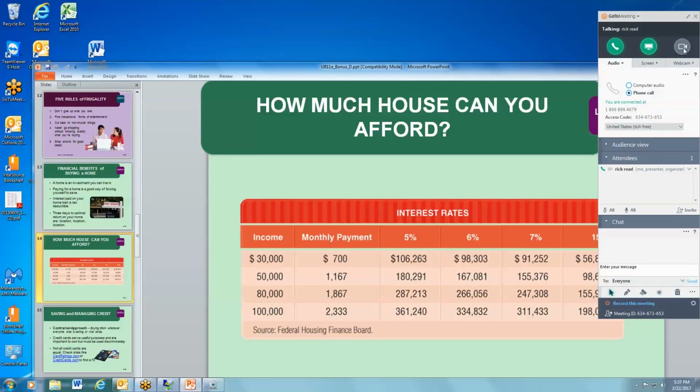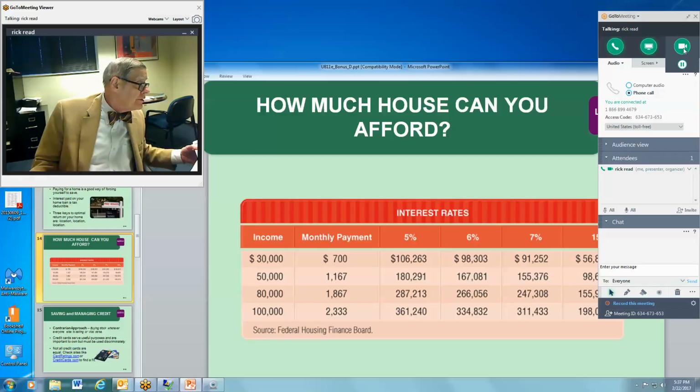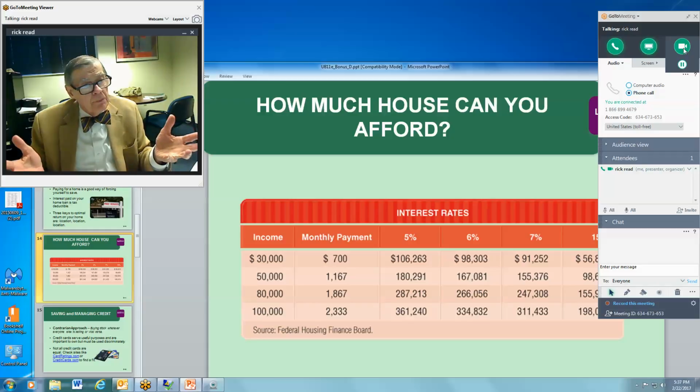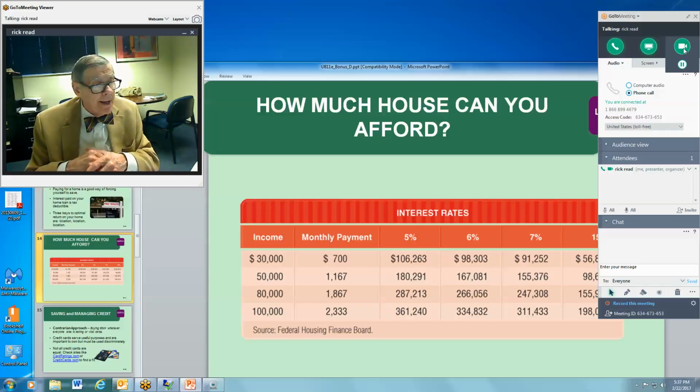This particular slide here is seen in your text, figure D.3 on page D8. This tells you, if you have this much income, how much you can spend on a home to buy a home. So look at that, pay attention to it. Don't go beyond your means in any kind of a home.